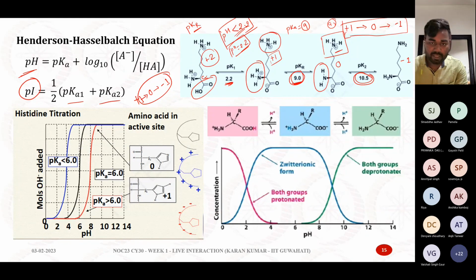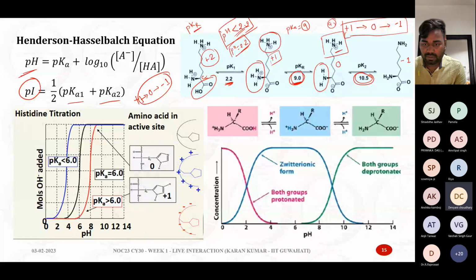Similarly, while discussing this, I have told you how a particular amino acid will change its state from one charge value to another depending on pH. So is that clear now to everyone, or are you more confused? I can discuss again. Is it clear to everyone? Sir, no, sir, can you please repeat it?